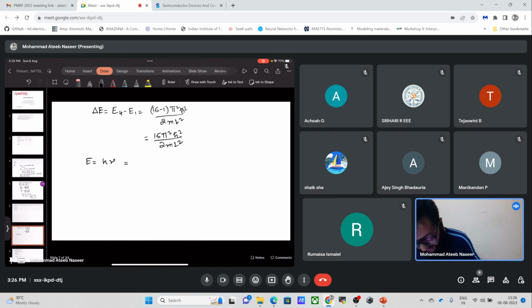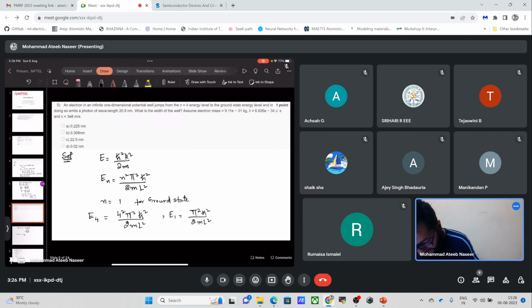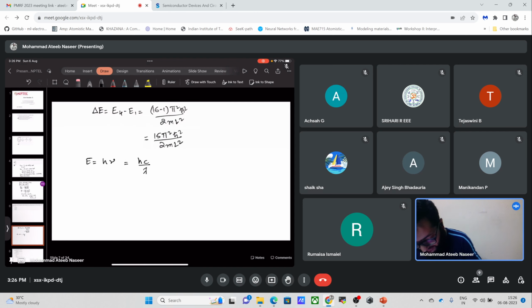However, we have been given the value as h c bar by lambda. Since we have been given this wavelength value, we know nu can be represented by c by lambda, and we just have to equate this delta E with this E to obtain our value. So it will simply be equal to hc by lambda. Let me write it down like this. This is equation 1, this is equation 2, equating